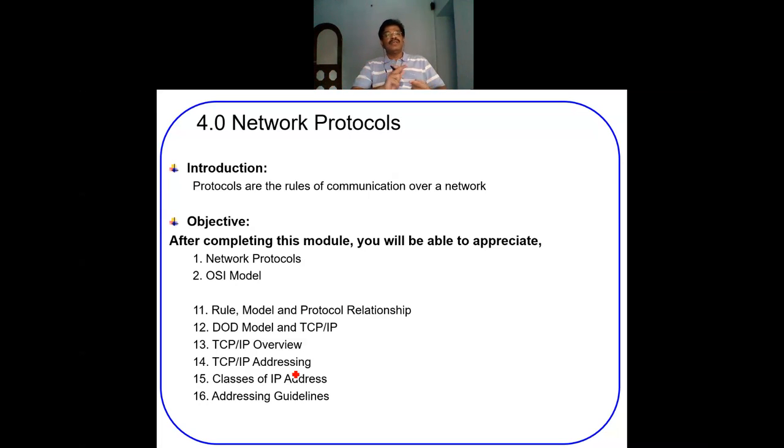That means the rules at the sender's end, the rules at the interfacing end, the rules at the propagating end, that is the rules for propagation of the packets to the communication media, then the rules at the receiving end, and the sequence of the rules that are followed at the receiving end for retrieving the information. So whenever we are studying the networking protocols, the important thing is why these protocols are required, then we will also study